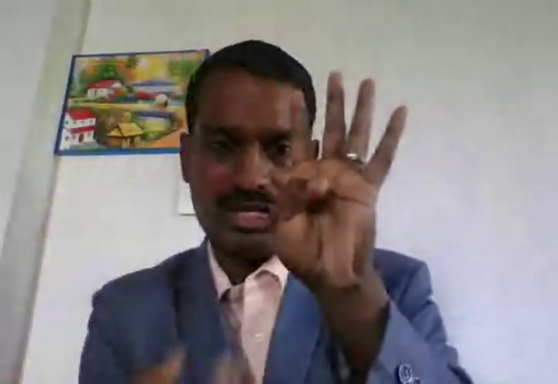Which is the first one? Hat block. Always to start, it is on the top. Second one is a stack block. Stacking. You can keep it on and down. There are 2 notches, on the top and bottom. Next one is Boolean block. Boolean block has no notches. You can add values: you are a boy or girl, you are a teacher or student, you are a 6th standard student or 5th standard student. But there is no notch for that one.